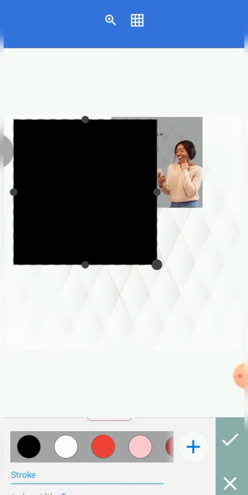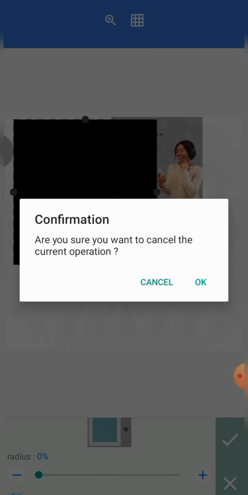So okay, before I do that, I want to lock this. So let's go back. So I want to go back to what I have done. So I want to just, okay, let's still do this. I was thinking it will shift. So what I want to do now, I want to